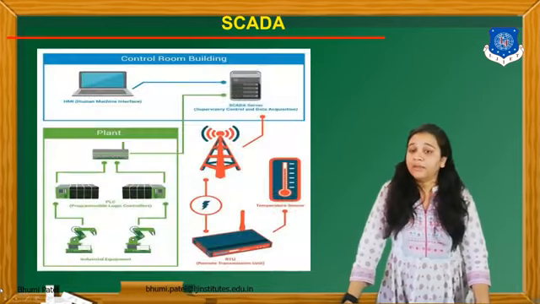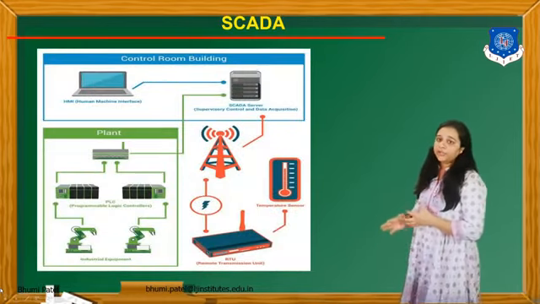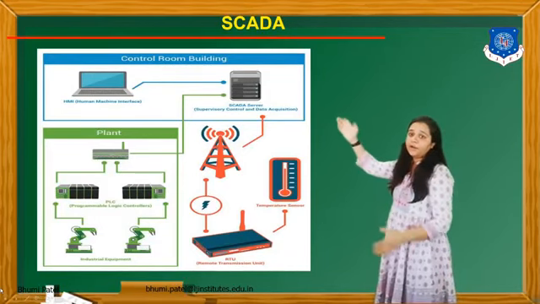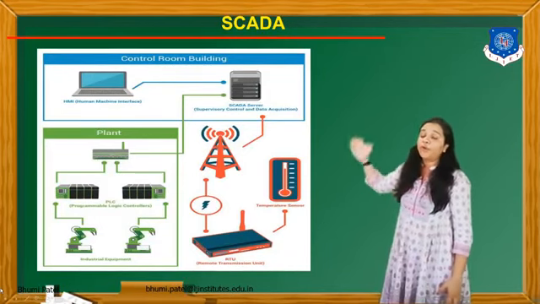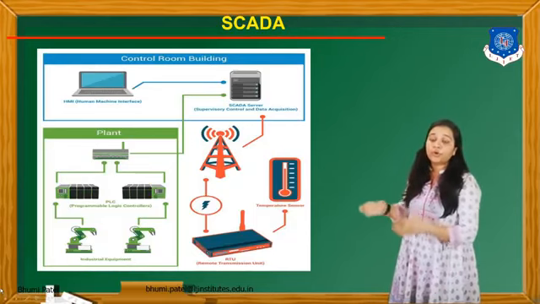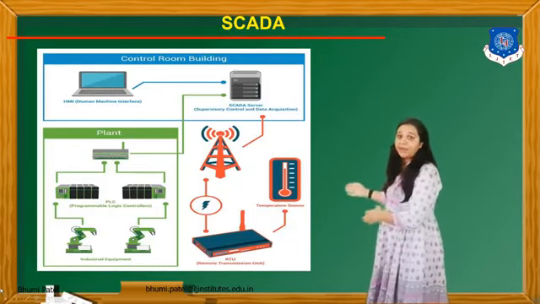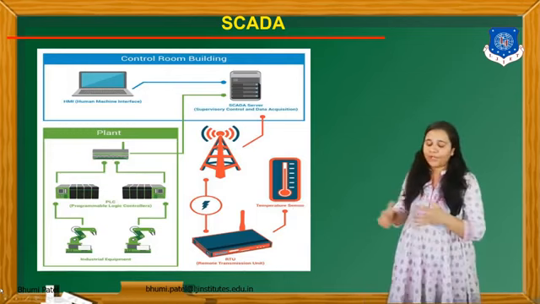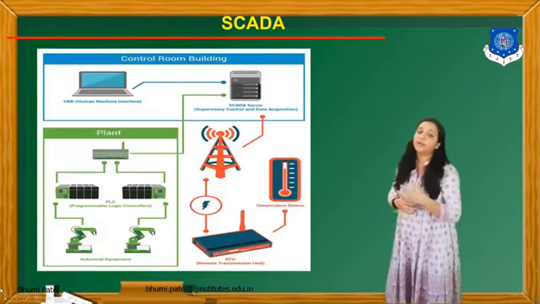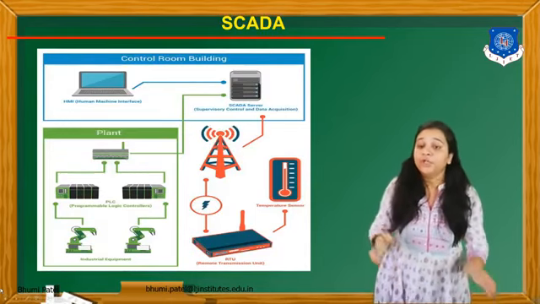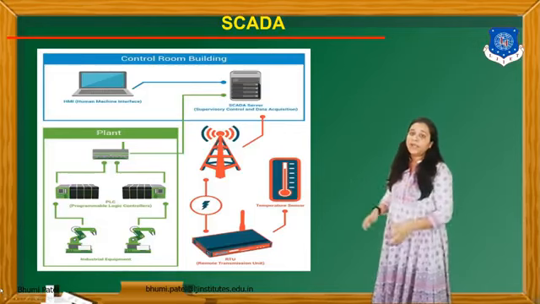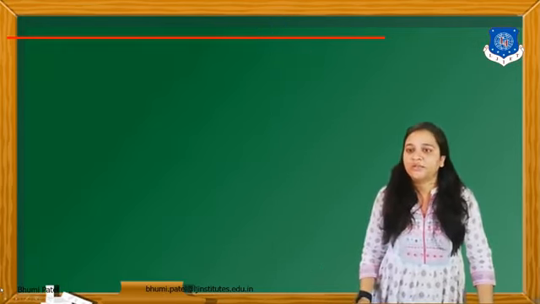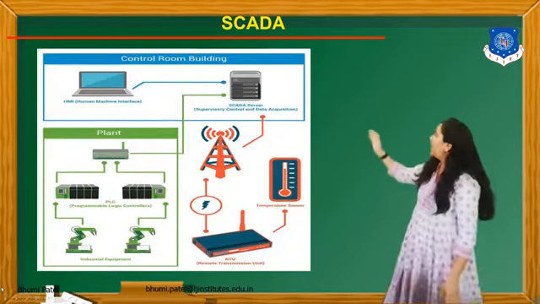Here is another example of a SCADA system. For this SCADA we have to design a control room, in which we control the whole process. We connect the plant with the SCADA system using different types of radio frequency, microwave frequency, wire or cable via the RTU, and then we control all the processes with this master interface. We also have to use an HMI.